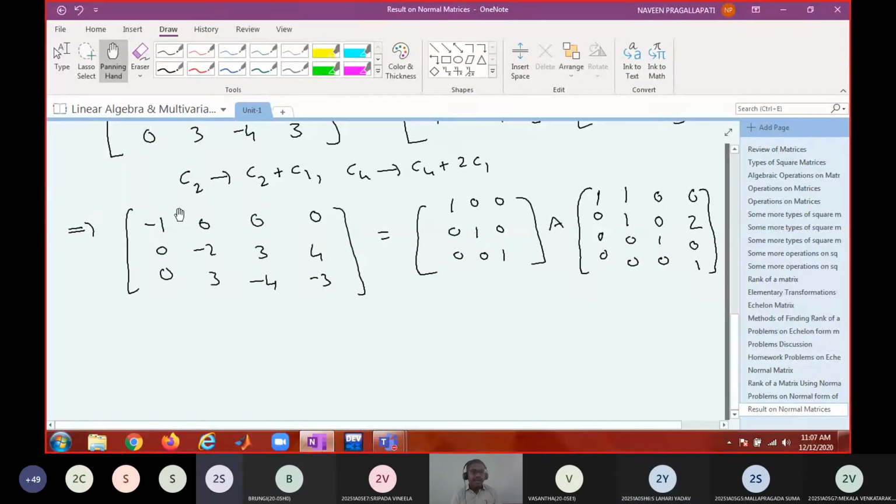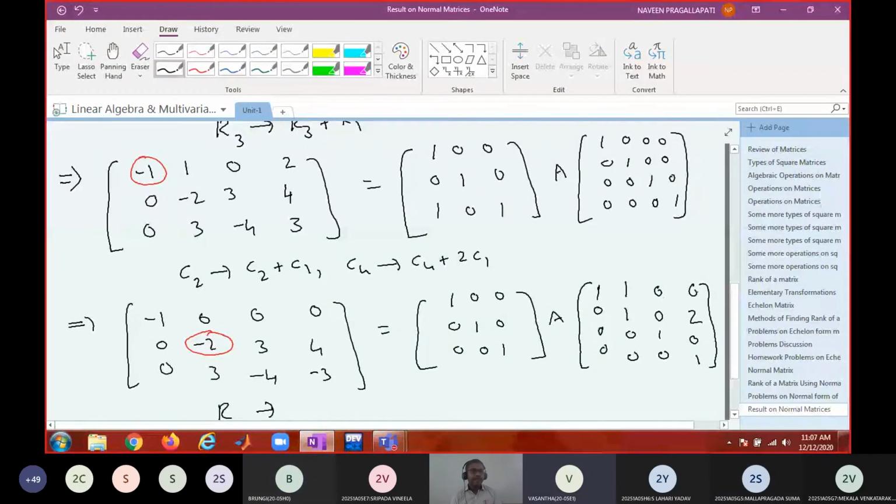So now we made the elements under the pivot zero. Next go to the second row, second column, the diagonal portion, which is the pivot. Round it and apply the row operations. What is the row operation I have to apply? R3 gets R3 plus 3. Sir, in the prefactor we have one more 1, because we applied row operations and changed even the prefactor. Here, the first row in the prefactor is 1, 0, 1.